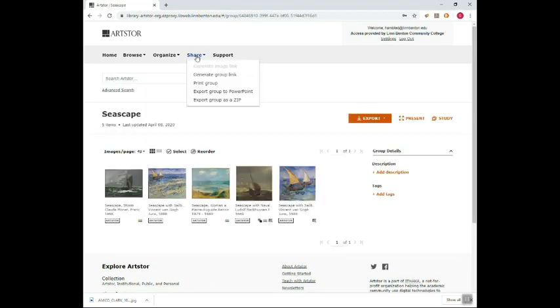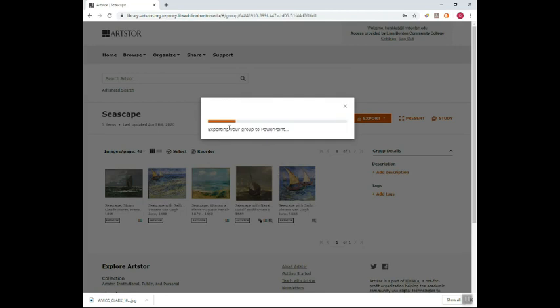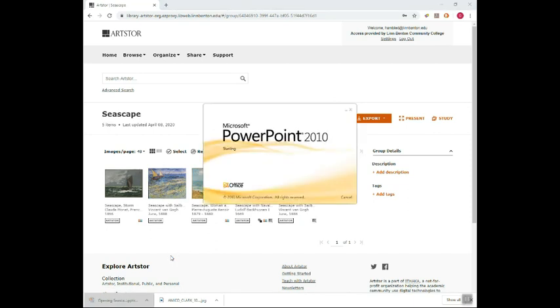Okay, so another way to share this, there's a few different things we can do. One thing is we can export it, and we have a couple choices. One is to a PowerPoint presentation. So if I select that, it's creating the PowerPoint presentation, and then it's downloading, or it says it will download soon. Okay, so now I see it down here in the bottom left corner. I can click on that and it should open up the PowerPoint presentation,